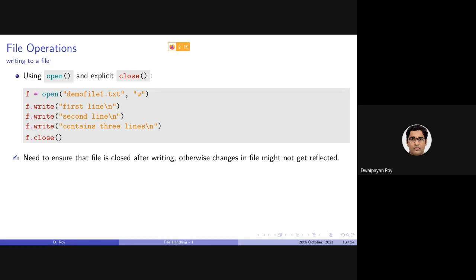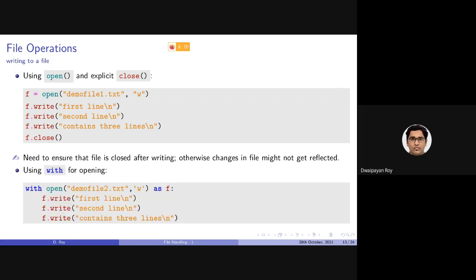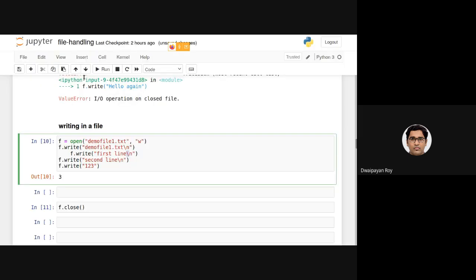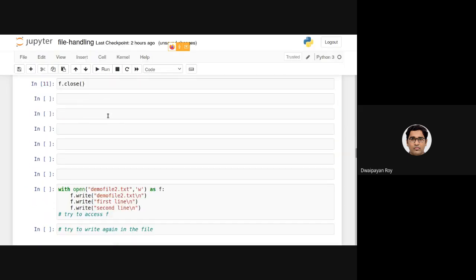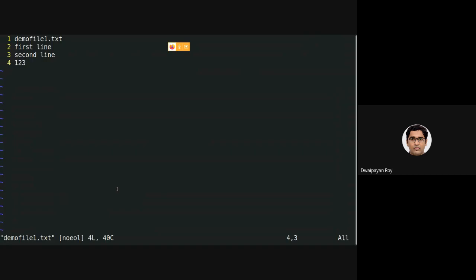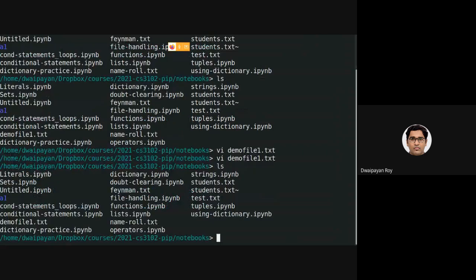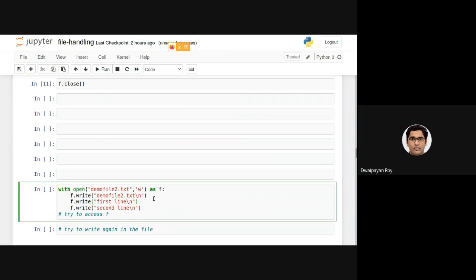So another way of doing the same thing is using the with statement or with keyword. Let's look at that also. This is the same thing. So with open demo file 2, check that there is no demo file 2 here, only demo file 1 and dictionary practice.